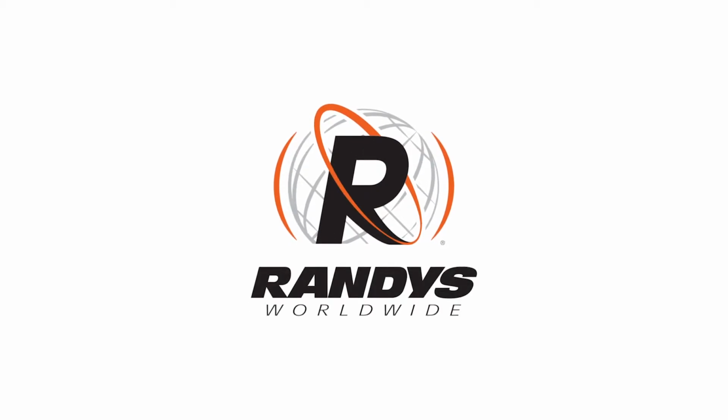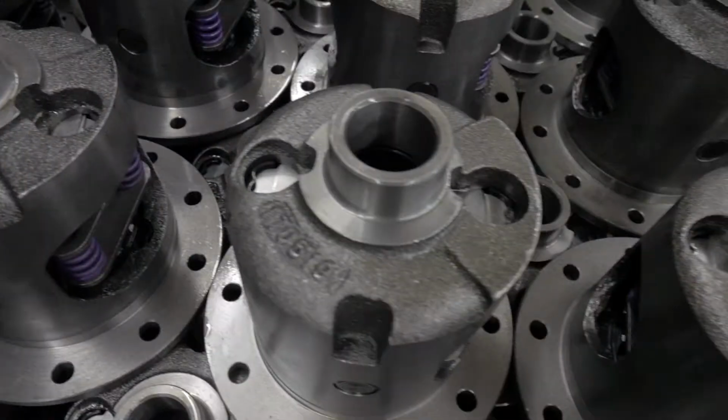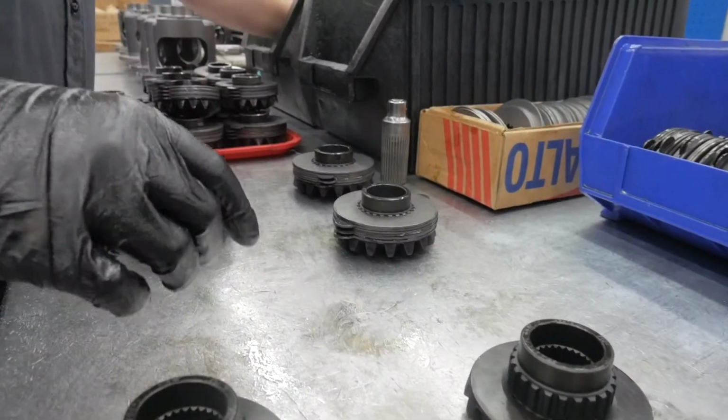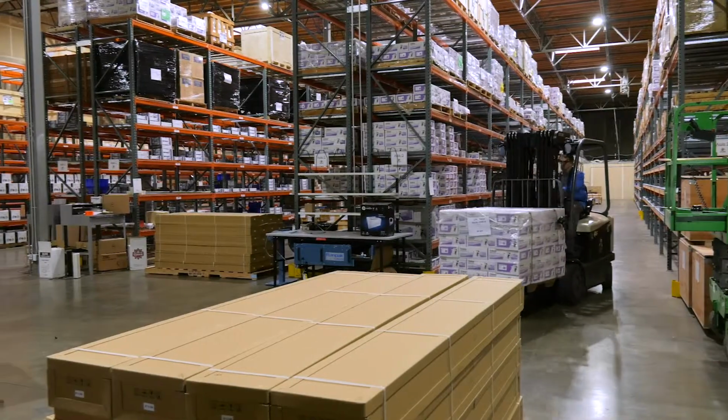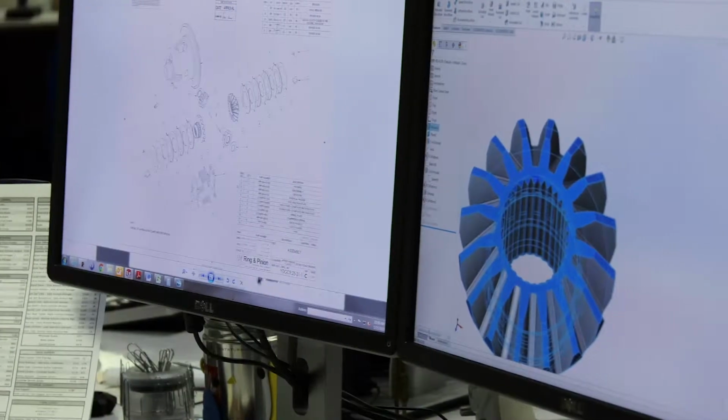In the world of differential excellence, technology, quality, and product knowledge make the difference in choice. For over 40 years, Randy's Worldwide has provided differential products to the automotive aftermarket, all while focusing on the key